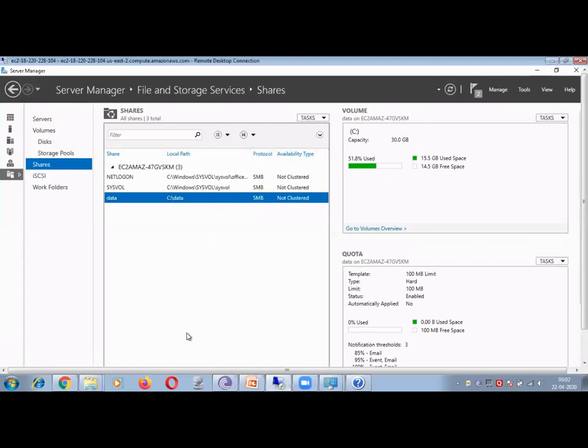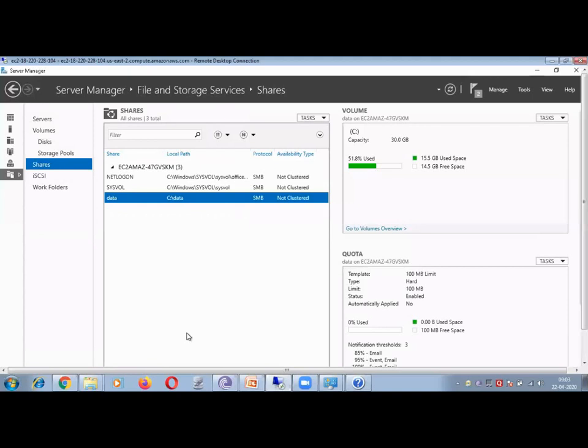Right, so this is the way you can define the share folder in a file server in Microsoft. And how will the user access this data? They have their own file server name and IP, and through this name and IP they can type slash slash and give the folder name or the file name, through which they can access the data and manage the complete centralized file server storage management. Cool.